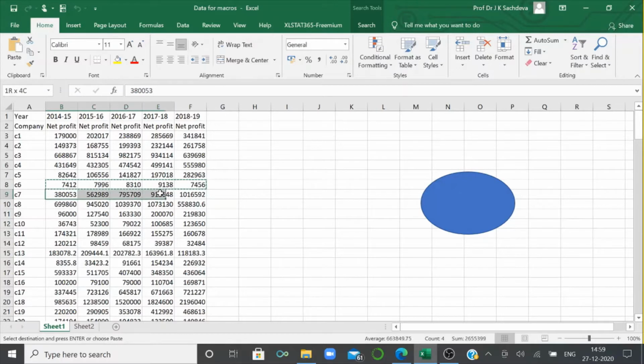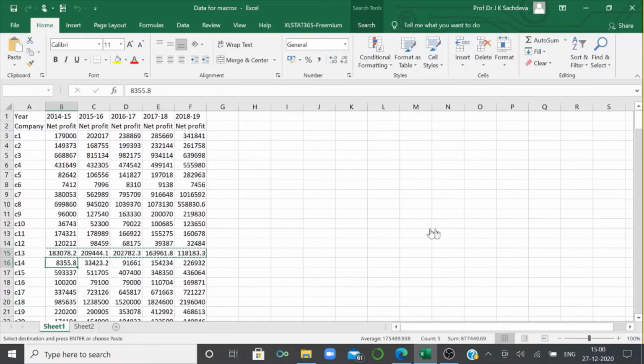Copying and pasting will not take more than this. This is a very simple technique which I have told you. You can use it for advanced things. Many times you will have to use this for data analysis purposes, where you are going to use the same thing for bigger data. So in this way you can copy all the cells in the